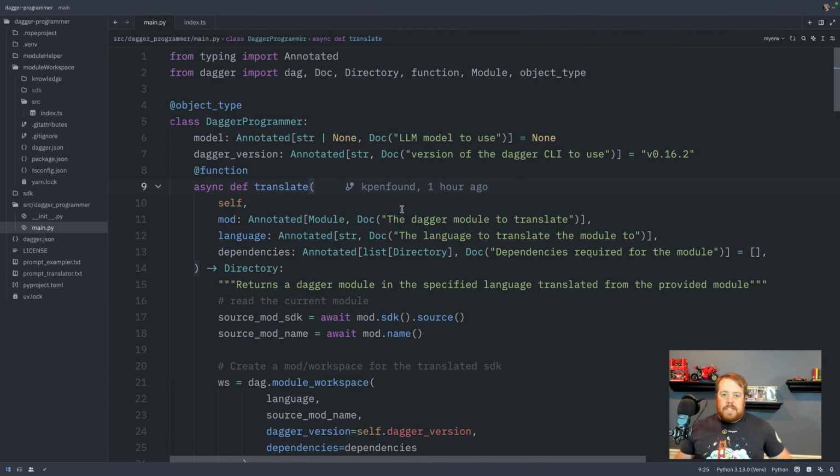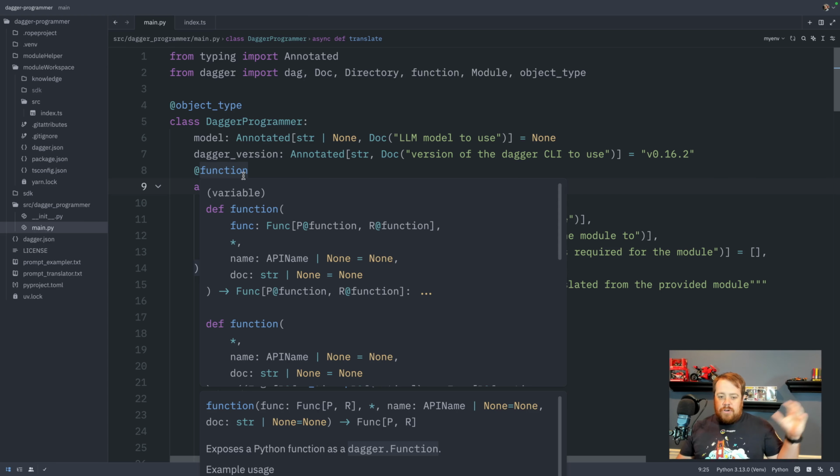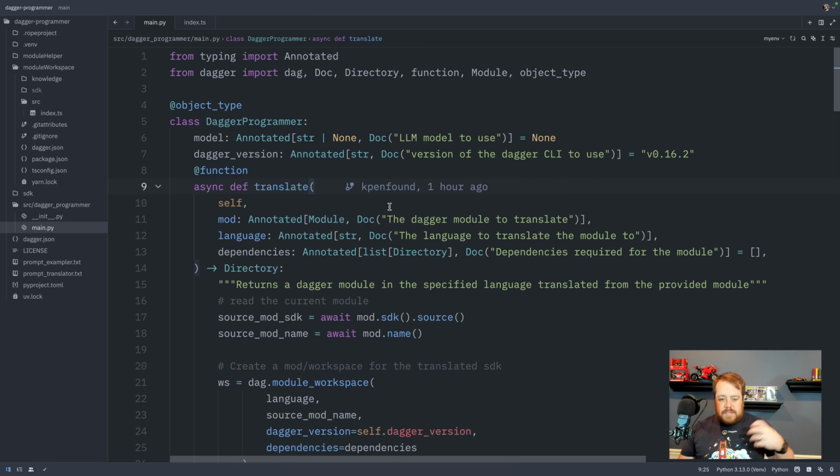So here's my code. This entire agent is self-contained in this one repository. So there's no external libraries doing all the heavy lifting. This is all self-contained. We're just using Dagger and its primitives to create this whole agent. I will highlight right here that this current version of Dagger is very experimental. So if you're watching this a day from now, some of the syntax might be out of date, but